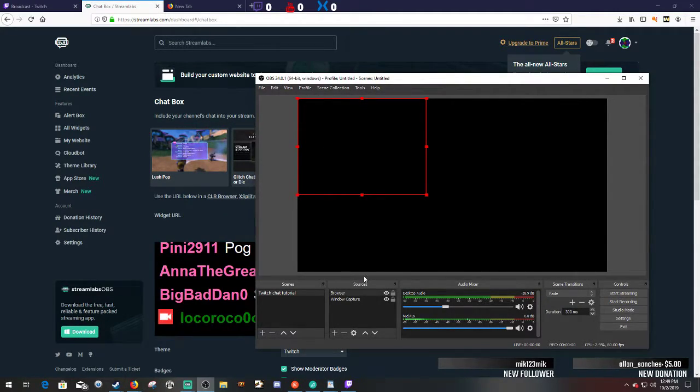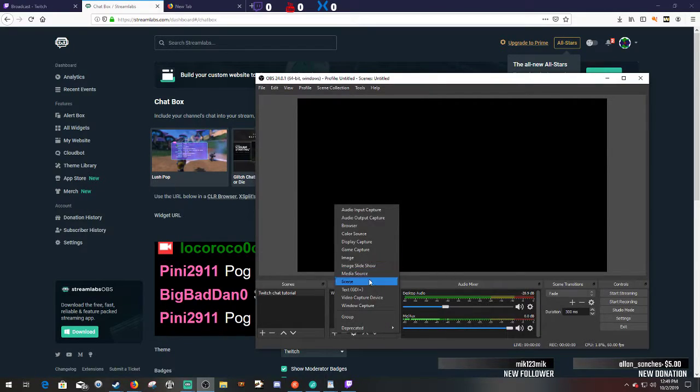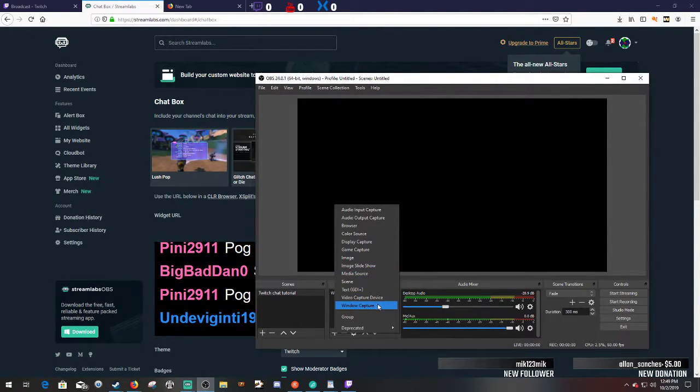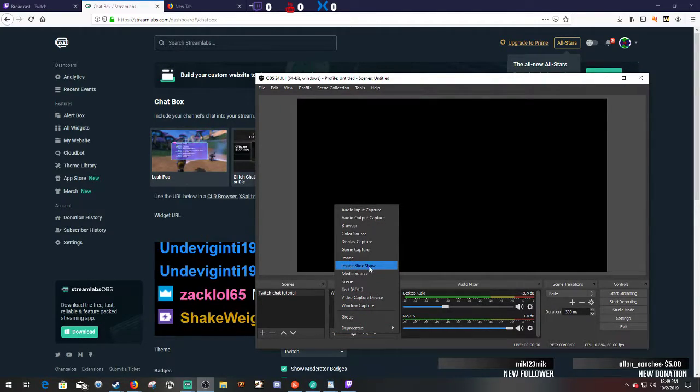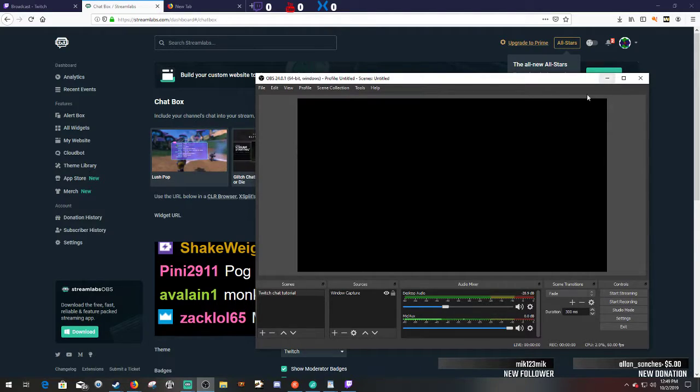I could be wrong. Yeah, I think I'm wrong, because there's not actually a widget option here. I can't seem to get this OBS to work, but